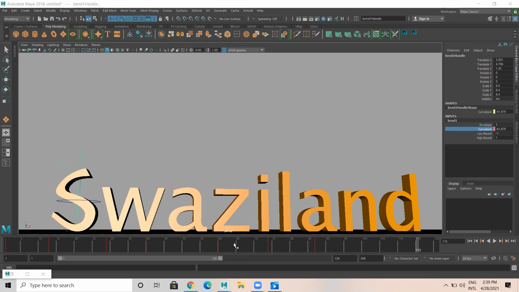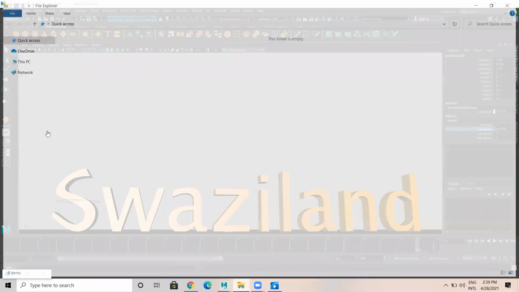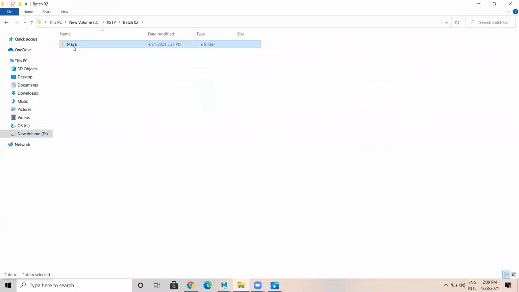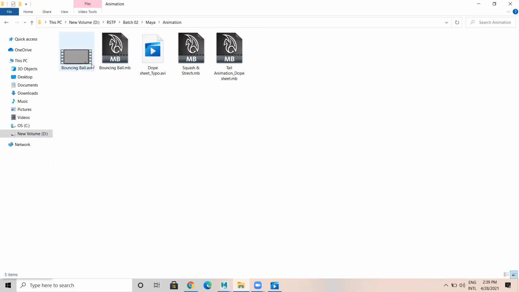Share the play blast. Once you do the play blast, the file size is a bit high. So what you can do, in Premiere you can open this and compress it. Just export. So this comes to 361 MB, but when I export from Premiere to a simple H264 format, it comes to 2 MB or 3 MB, less than that. Okay.